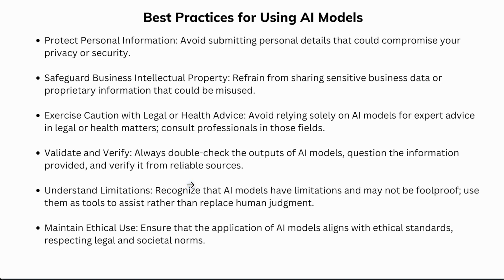Also, especially when it comes to legal and health advice, ChatGPT is not to be fully depended on. I kind of wish Sam and OpenAI put up a lot more disclaimers, but you have to be proactive in your own safety online. You always want to validate and verify all information. I still Google search it. If I want to find information, I still go to Google. I have other news sources. I still try to dig deep to verify that the information I'm getting is as accurate